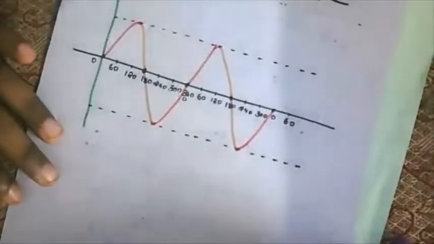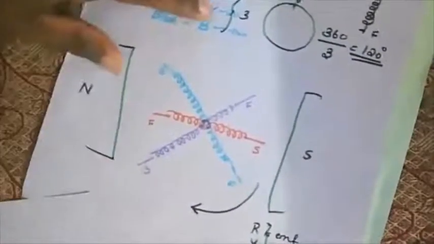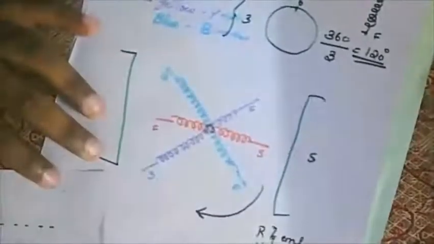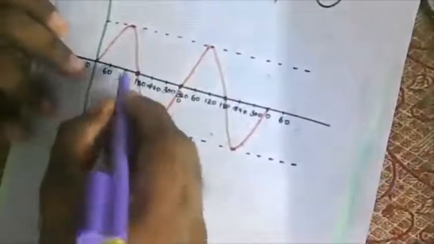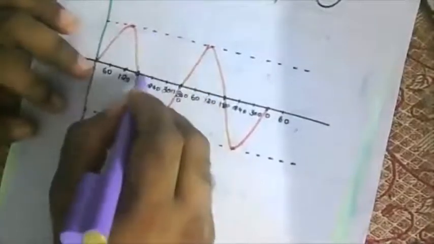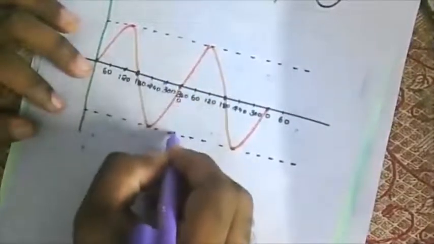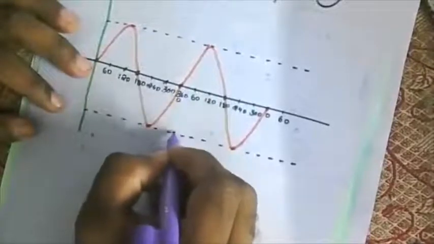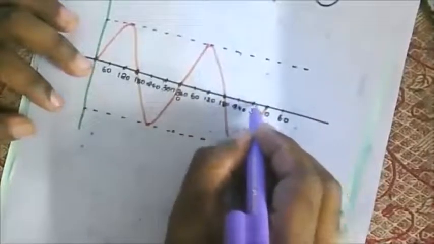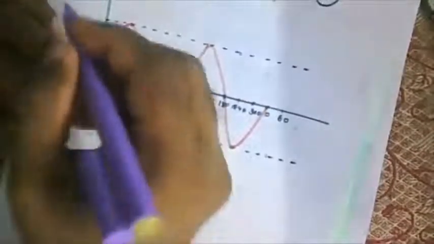Then second is yellow. The yellow coil is displaced from the first by an angle of 120 degrees. This is going to be 0 degrees and this is going to be 120. So where will this waveform start? I told you it is displaced by 120, which means the yellow waveform will start at 120. It will go to maximum, again 0, then negative maximum, again 0, again maximum, again 0, again negative maximum. So if I draw,